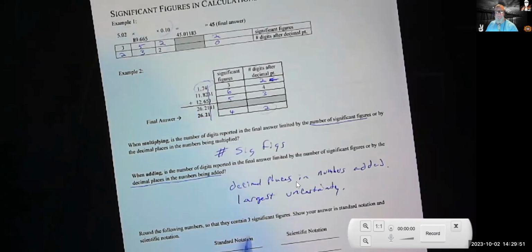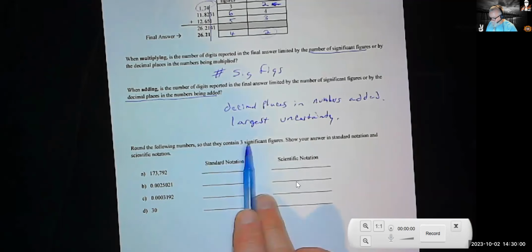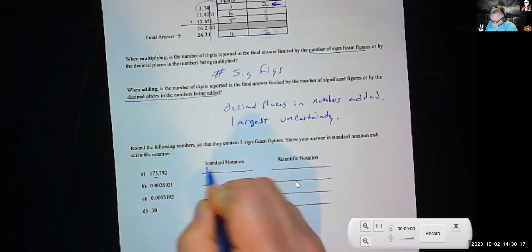Okay. All right. So let's just do some significant figures here. It says round the following numbers so that they contain 3 significant figures. Show your answer in standard notation and scientific notation. Okay, so 3 sig figs, that means we're going to round to that 3 there. And that 3 is going to be rounded based off the 7. 7 is larger than 5, therefore we'll round this up. And this will be